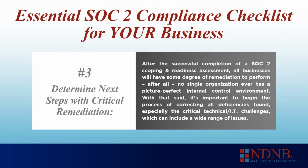All right, number 3 in our SOC 2 readiness checklist. You'll need to determine next steps in regards to critical remediation. Look, after the successful completion of a SOC 2 scoping and readiness assessment, all businesses will have some degree of remediation to perform. After all, no single organization ever has a picture-perfect internal control environment. It just doesn't happen. So, with that said, it's important to begin the process of correcting all deficiencies found,